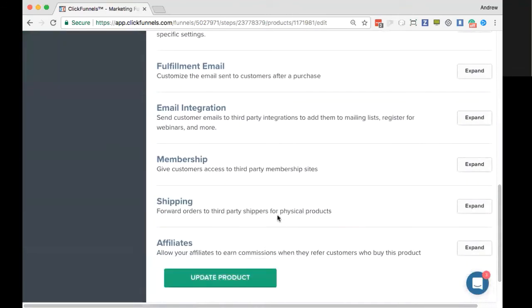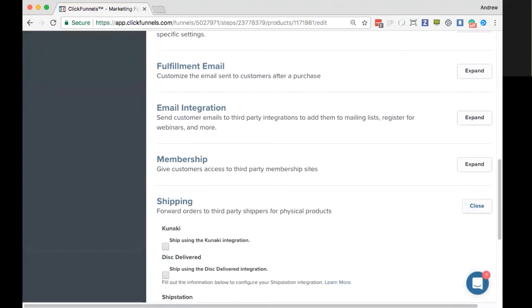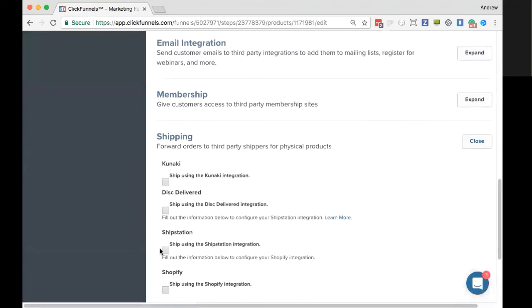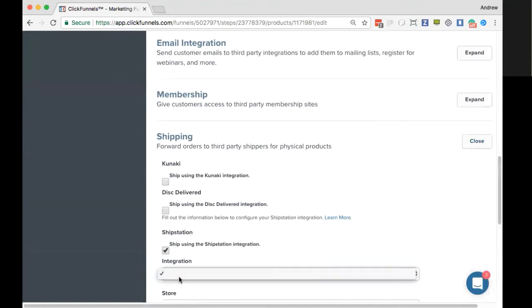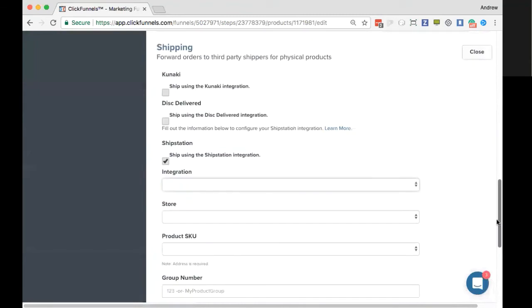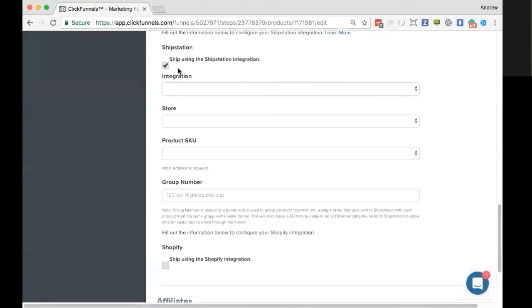Then, of course, if you have physical products here, so shipping, ShipStation, for example, is if you're storing your box that you're shipping on. If we have a box of chocolate sitting over there at ShipStation, and every time an order comes in, we'd want to integrate that here so that the system actually communicates over with ShipStation and ships out that particular item. You'd simply just select all the relevant information for this particular integration.